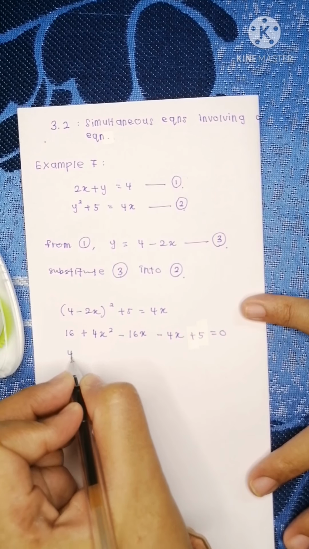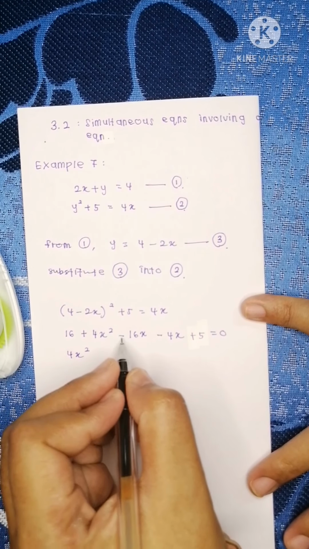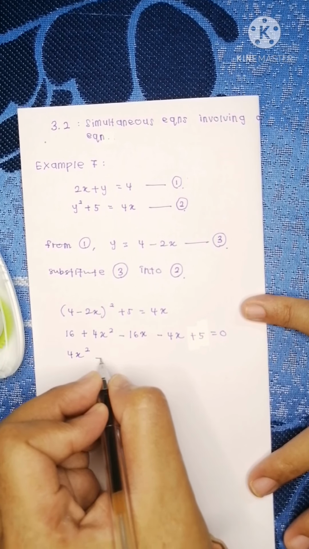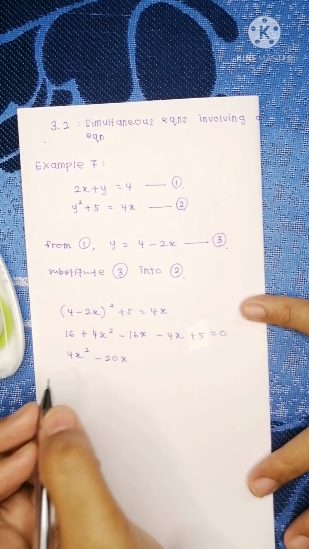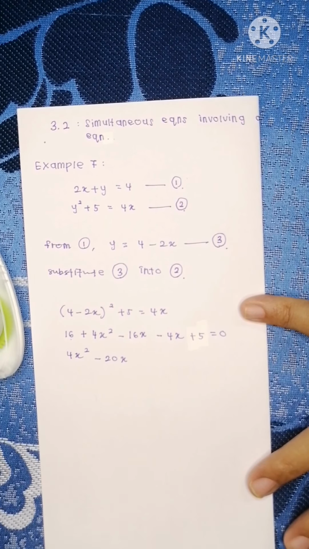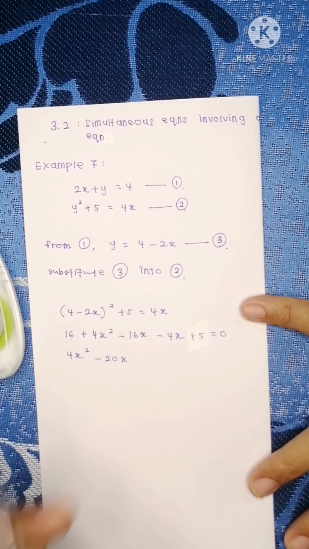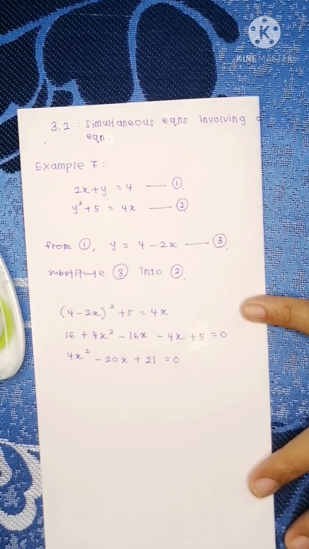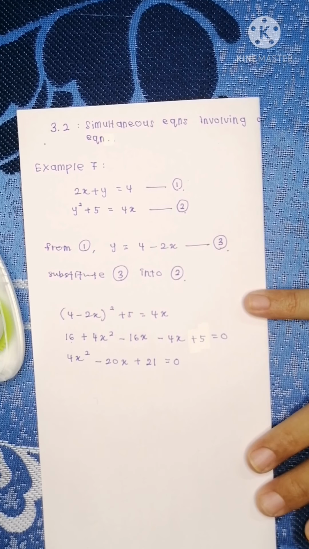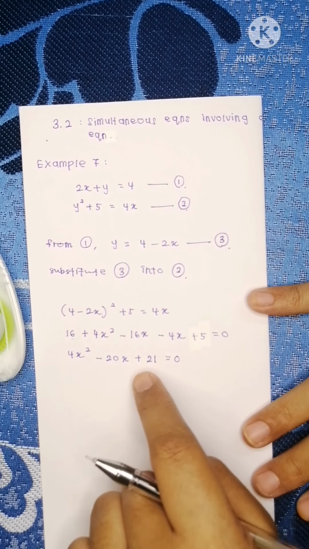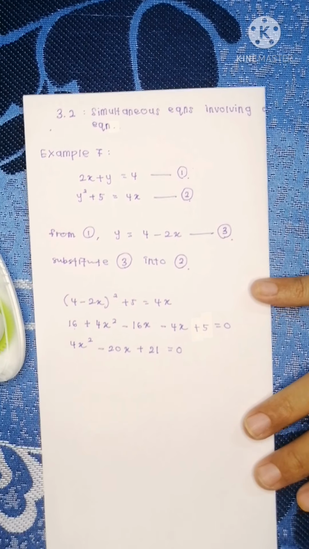Okay, so 4x squared, just 4x squared, done, and then negative 16x, negative 4x, so you will get negative 20x. Okay, now 16 plus 5, you will get positive 21 equal to 0. Okay, so now from here, when you look at this one, we can solve it by using factorization method,